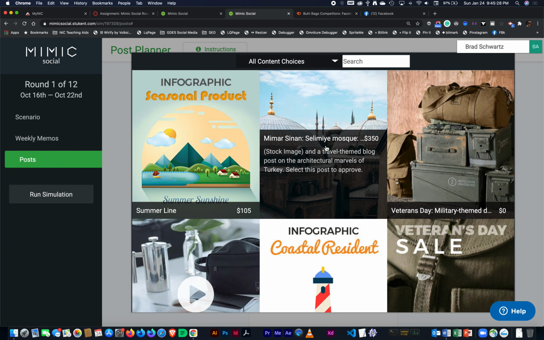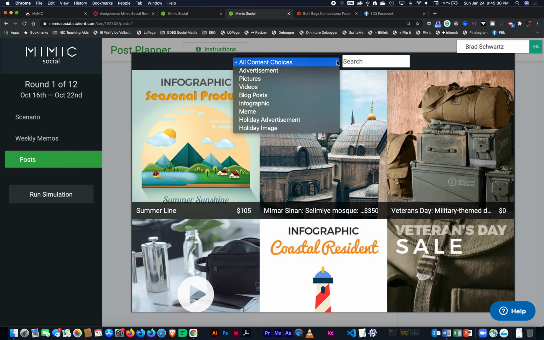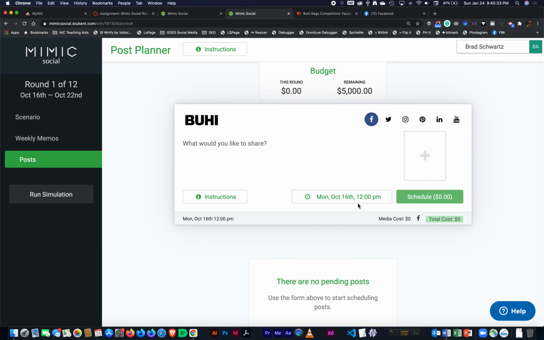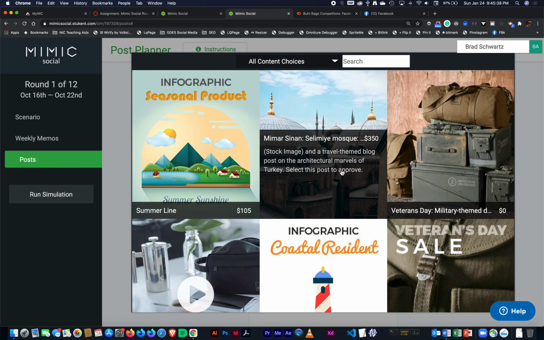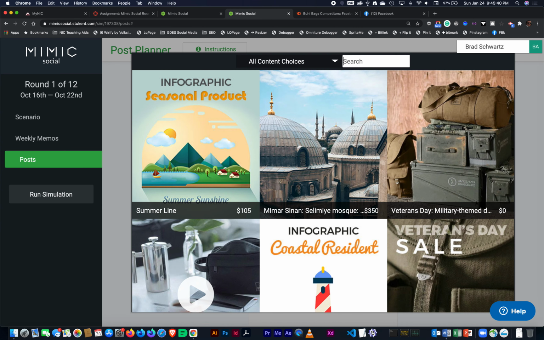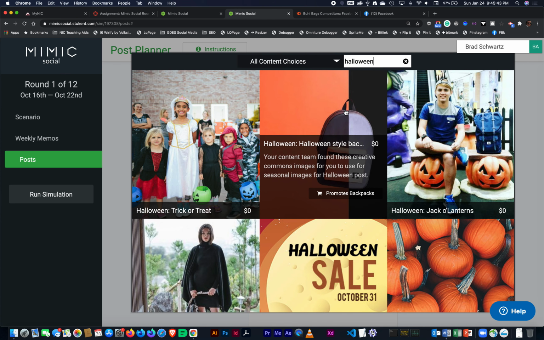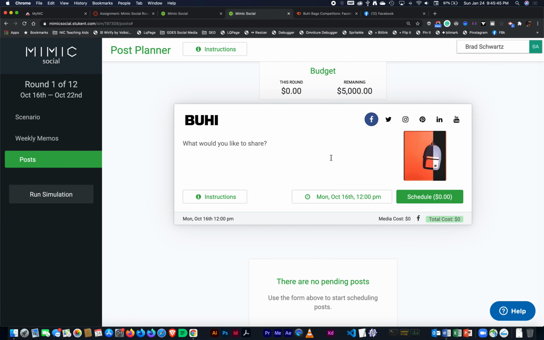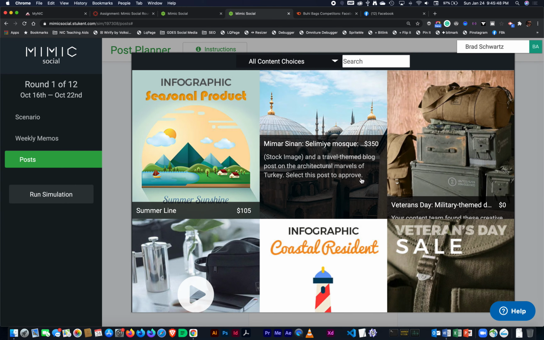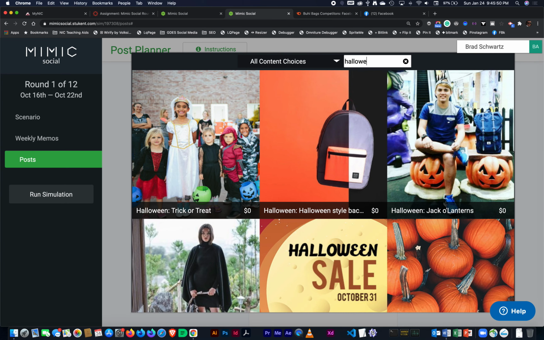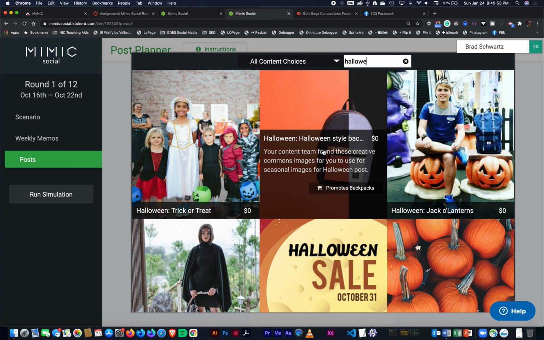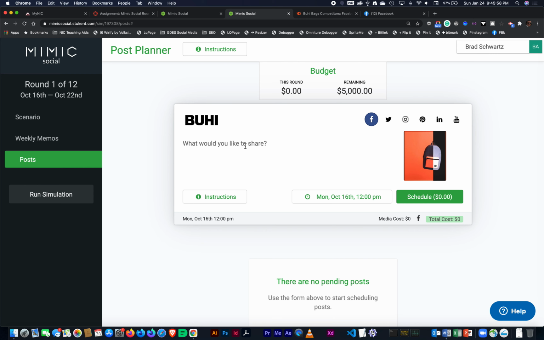Let's see what kind of content that we have available here. So date-wise, we're looking at the middle of October, not quite Halloween, but close. So let's take a look at some Halloween content. So do some Halloween styled backpack. So this one's $0, so that's good. And now we can determine what we want to say. So check out